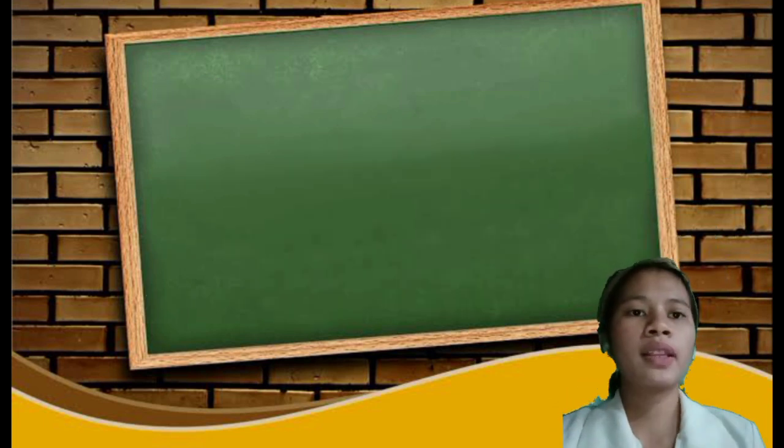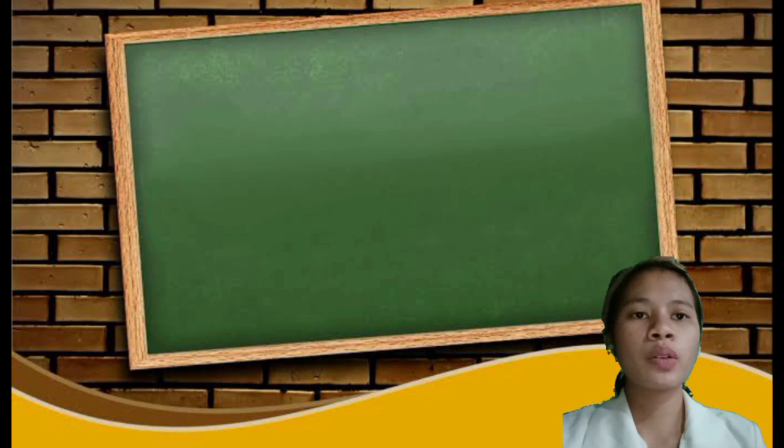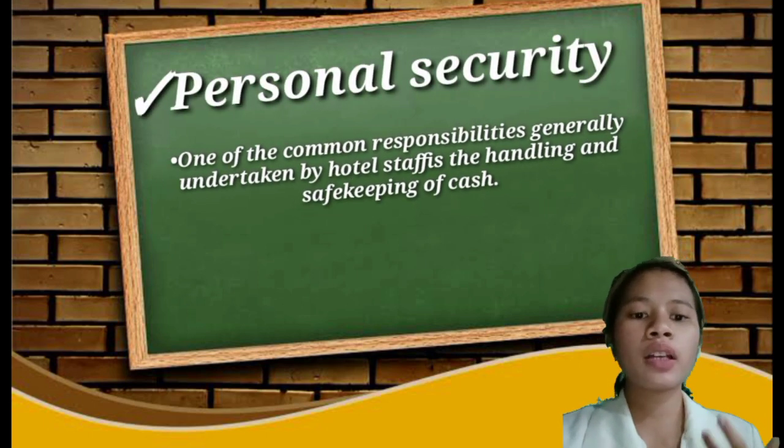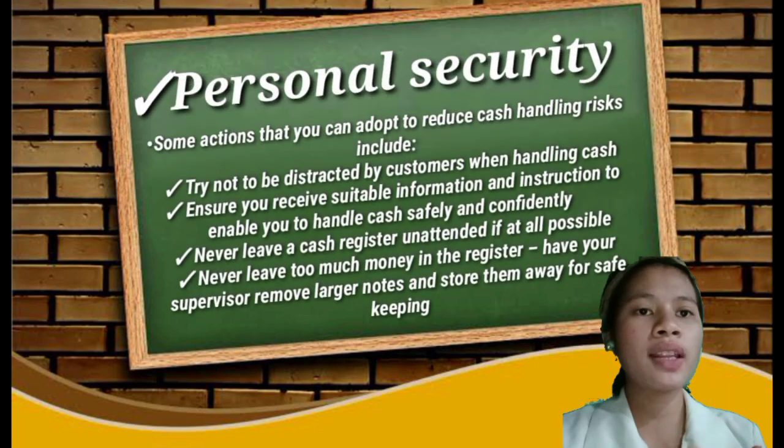So let's explain the following. So the first one is the personal security. One of the common responsibilities generally undertaken by hotel staff is the handling and safekeeping of the cash. Some actions that you can adopt to reduce cash handling risks include try not to be distracted by customers when